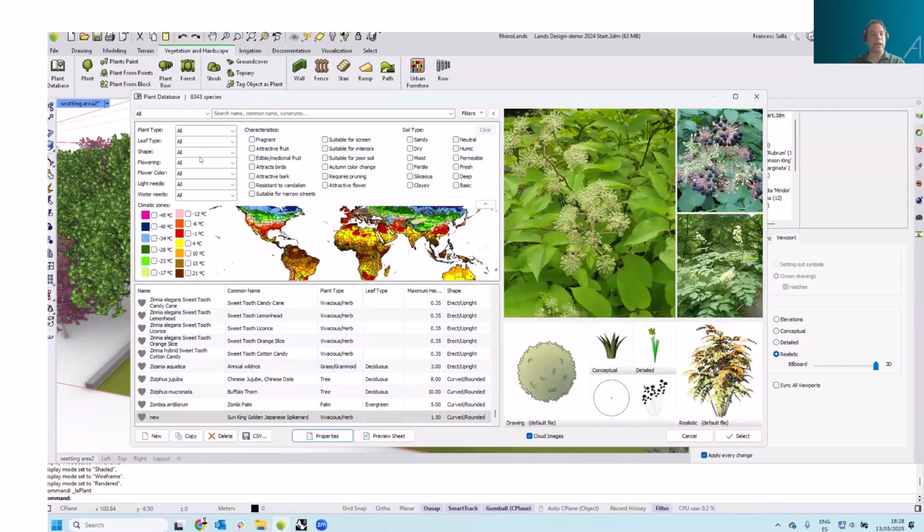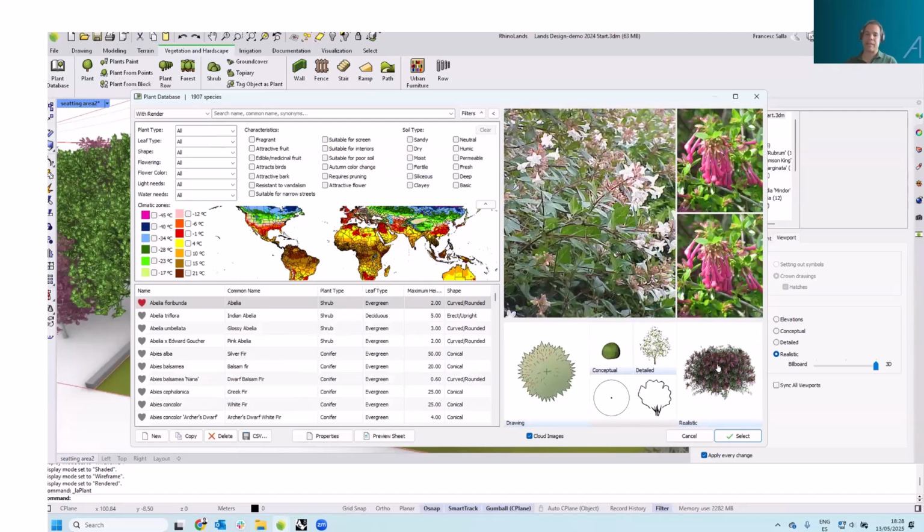Okay. Also, this list shows some filters. We can maybe show those species that come with a render. That means that they have a specific realistic plant designed for their appearance, because not all the species have their own. Most of them maybe use one that is very close to their appearance according to the family of the plant, to the species, to the shape. Okay, so we can filter plants according to that,